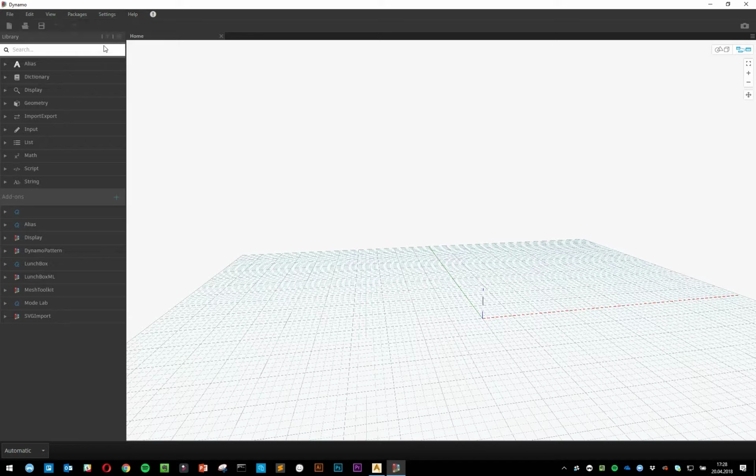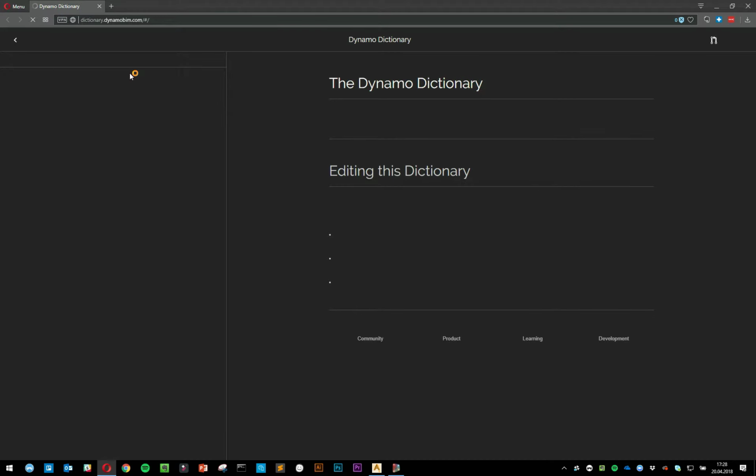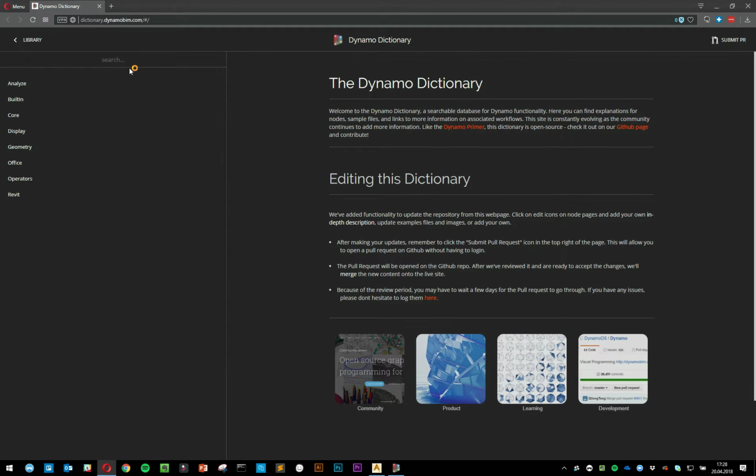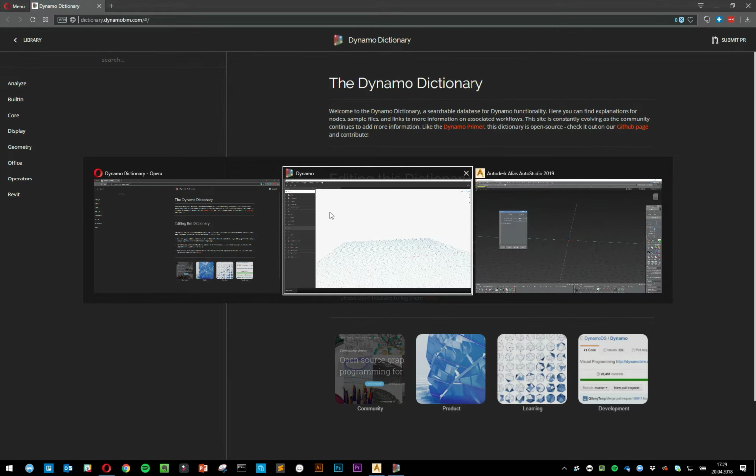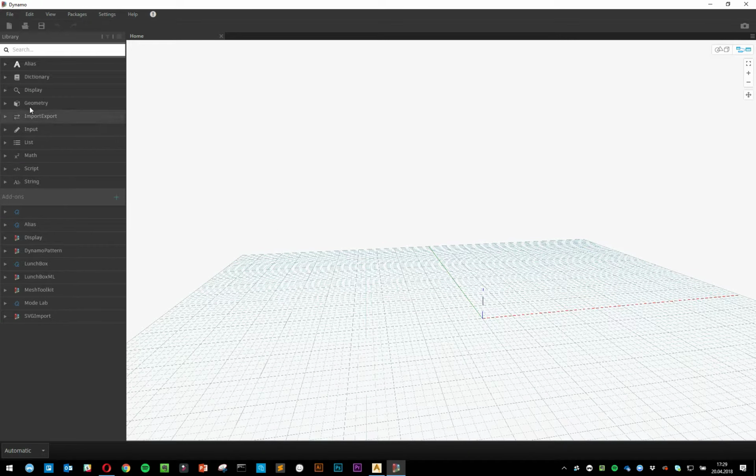First of all, here we go, the Dynamo Dictionary. If you click on that, it'll take you to a website, which is basically a giant reference of all the nodes inside of Dynamo. You can peruse that at your own time. But one of the other ways to access the Dynamo Dictionary is right inside of Dynamo. Let's say I put in a random